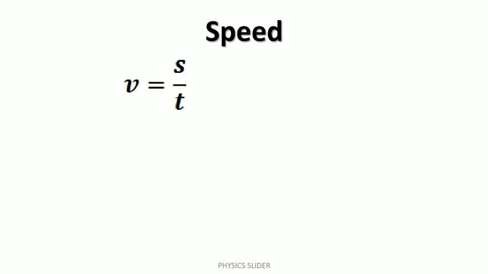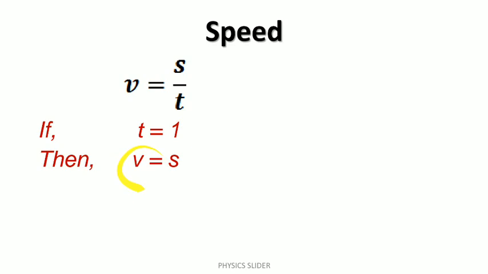Watch here. We will take this t as 1. So if we take t as 1, then v is equal to s. And we can read this to define the speed. The distance traveled per unit time by an object in motion is equal to the speed of